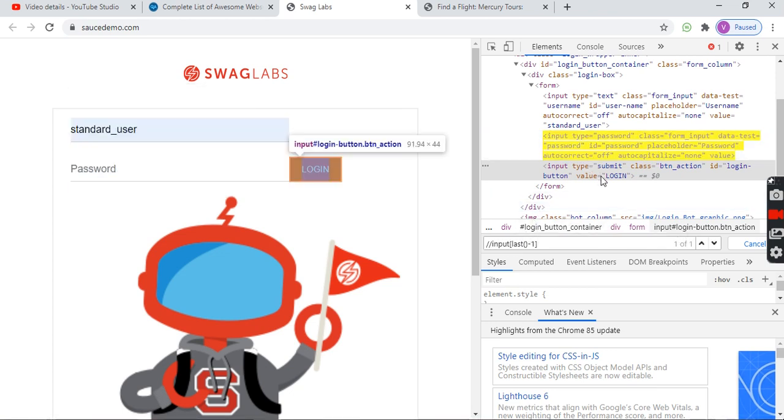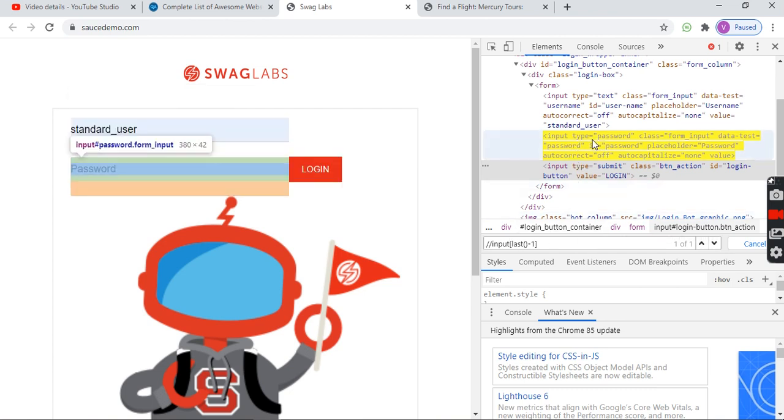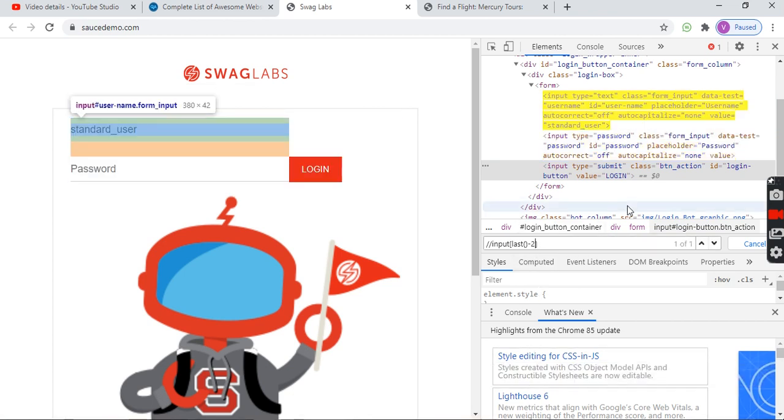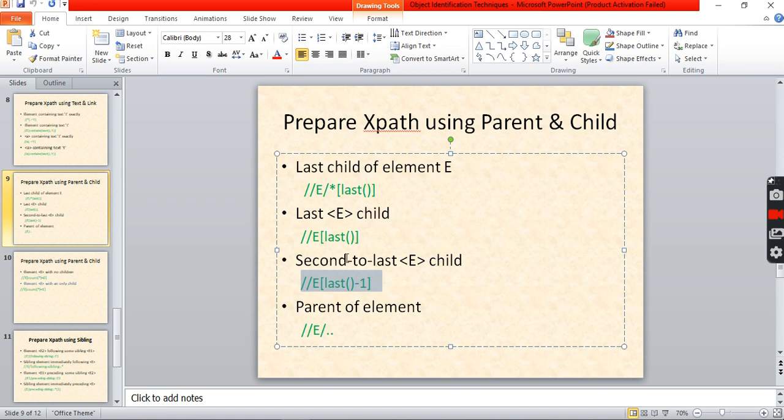Input last minus 1: this is last minus 1, and minus 1 means this one. You may get a doubt: if it is minus 2, it will go here. Yes. So you can go for any number of previous elements. Hopefully you are able to understand this.